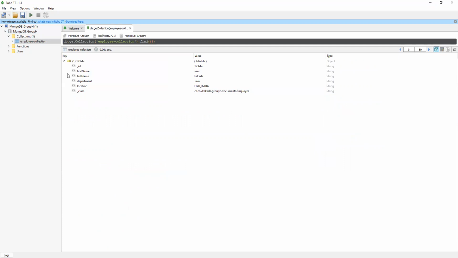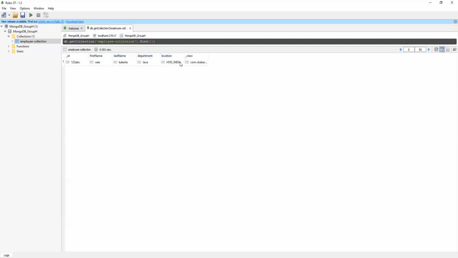So here, if you see on the right side top, I'm doing mouse over, okay? This is view results in tree mode. So this is the elements or columns of our table or document. This is the values of our table or document, okay? So this is the tree mode. One more view is the table. Like that, in table mode also you can see the first name, last name, department, location, right?